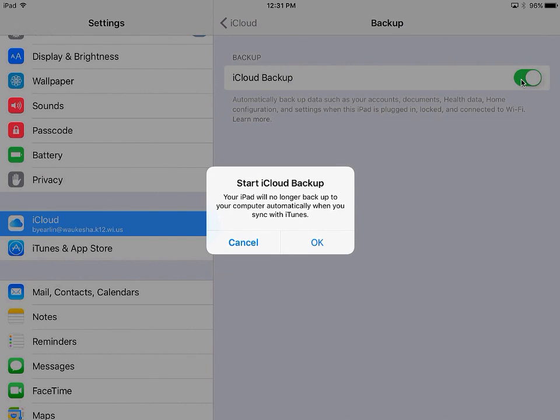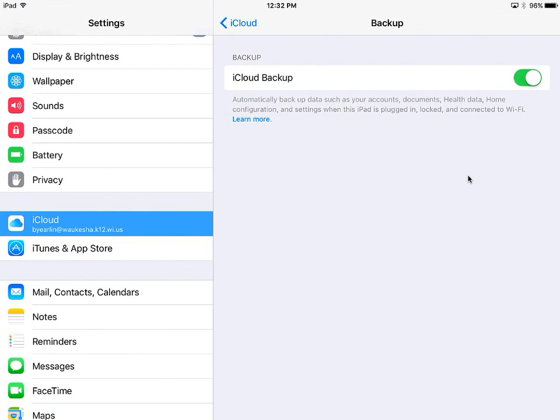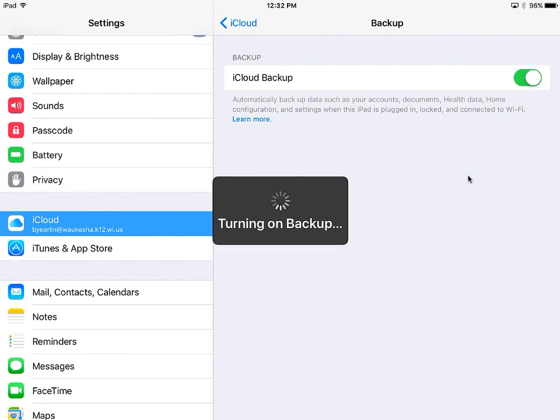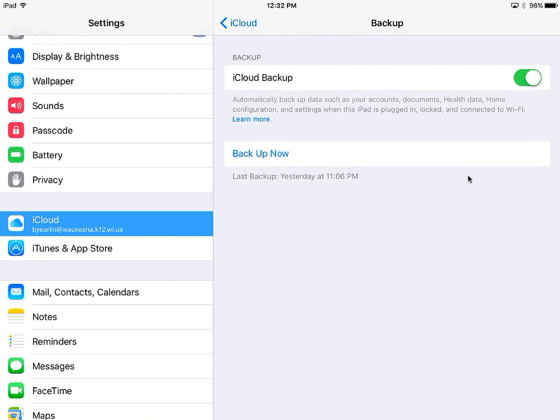Of course, I'll need to have my Apple ID and my Apple ID password available. But then I'm going to click OK. So we'll turn on that backup. As you can see, it's doing that right there. Now this won't protect all of your information, but it will protect a lot of your information. And in the event that maybe your iPad breaks or something happens to it, we can bring back a lot of the information that was on your iPad previous to the break. So that's a really important step so that you don't lose some really important pieces that you might need for